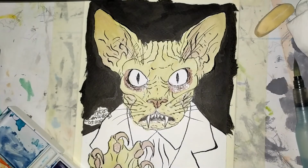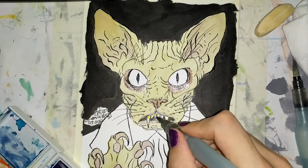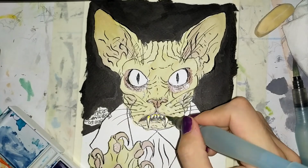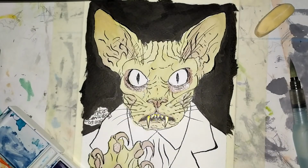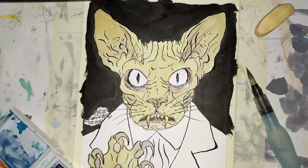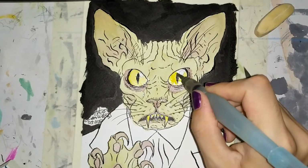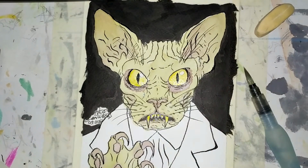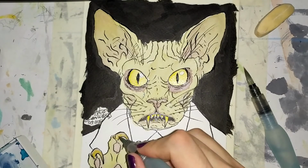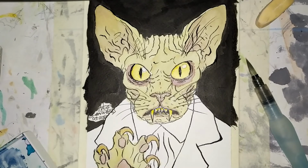Here I am just building up the colors as usual. I don't want to be too repetitive with these videos, but that's what you do with watercolors. You have to build them up layer by layer so you can get the effect that you want. You can get the intensity that you want. And I'm just mixing these colors, the yellowish and the purple,